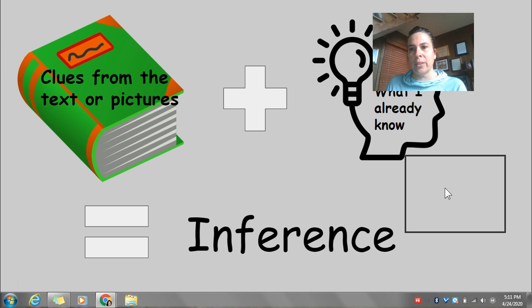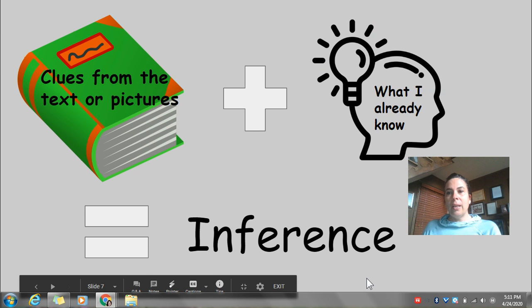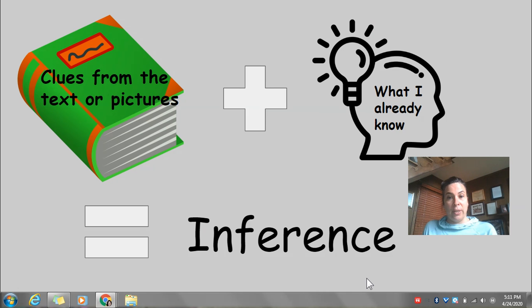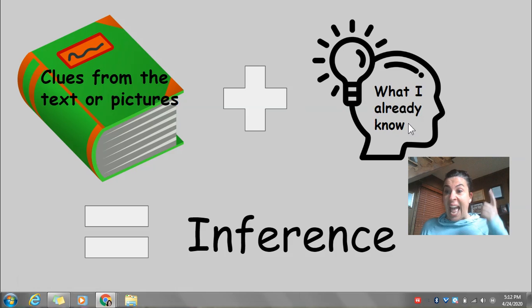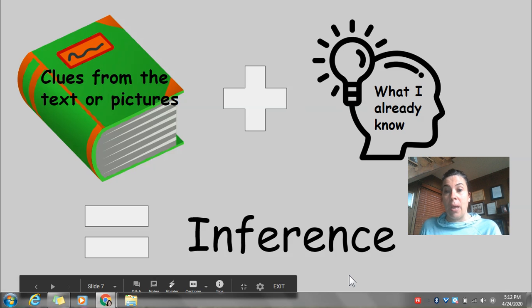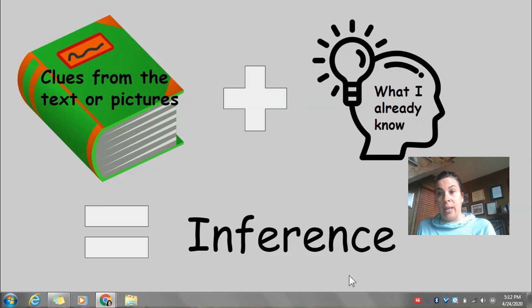All right, boys and girls. This week, we learned how to make an inference and that good readers make inferences while they're reading. An inference is when we take the clues from the text or the pictures, add it to what we already know, and that makes our inference. Super job, readers and writers, and I know you all will make inferences when